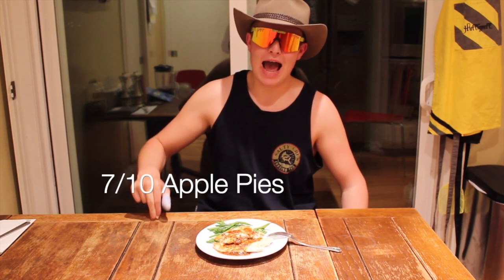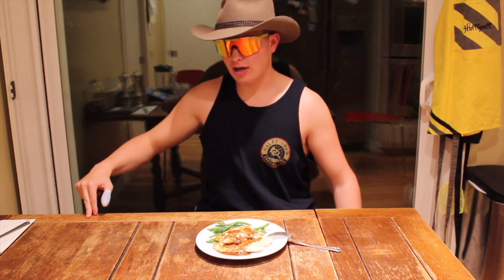But in this case, for the Malibu Farm salmon and whole grain mustard dressing recipe, based on the recipe, how easy it is to follow, as well as me making it and the taste in the end, I give this a solid 7 out of 10 apple pies. And I give it that because, you know, it's not perfect, but it's pretty good, and it's filling, and I like that protein, and I like that dressing, and I like the combination,